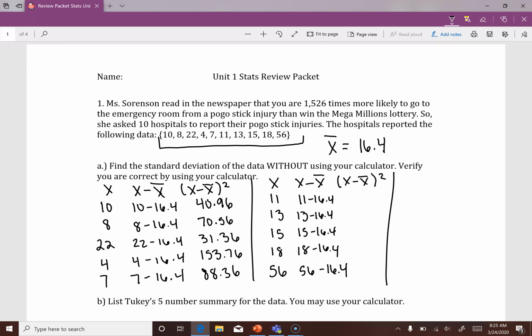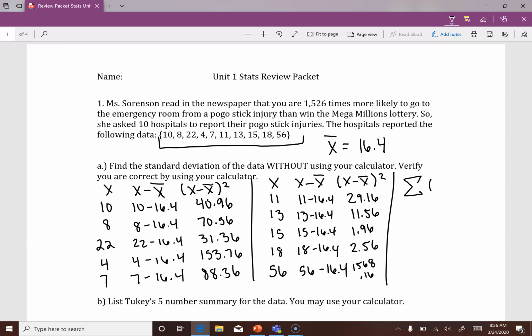Here, 11, I'm left with 29.16. 13, and that's 11.56. 15, 1.96. A 2.56. And a 1568.16. Okay, next thing I need to do is I need to sum up